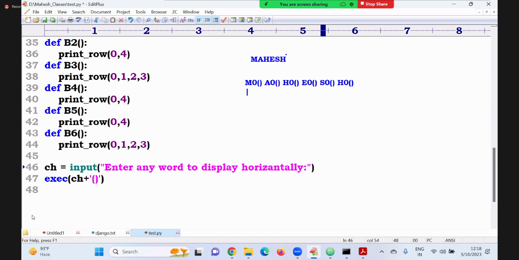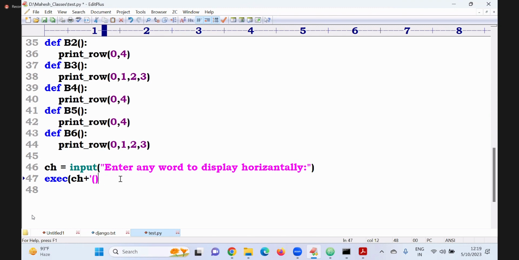Done. Come to the second row. M of 1, next A of 1, H of 1. This style I can record. Yes or no? That is row by row. M row, how many are there? All will be printed there. A row, H row. So, what to do here with the function? Please tell.